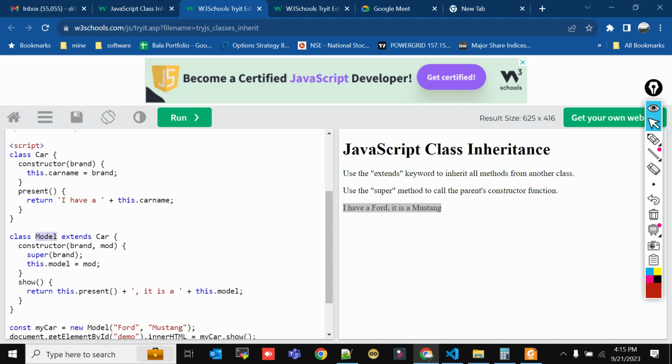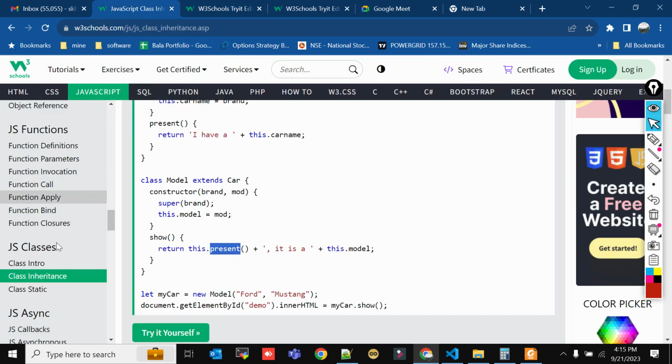Similarly, if you have a Hyundai class, Hyundai also will have the same names. You need not repeat in every class. Instead of that, you can inherit the car class and reuse the code. That is the main advantage of inheritance. Okay, there is something called a